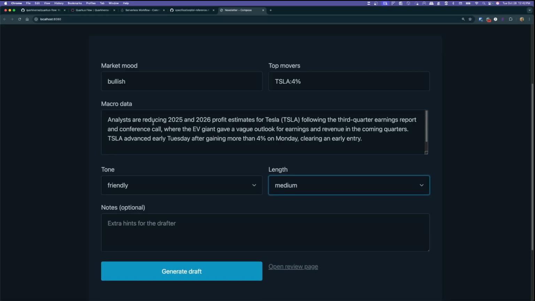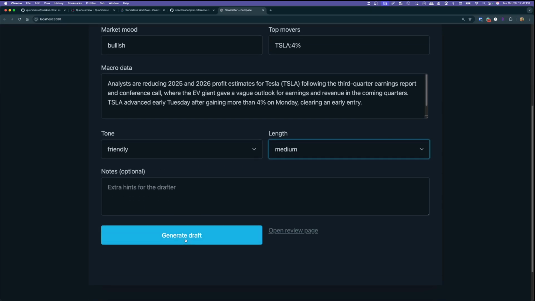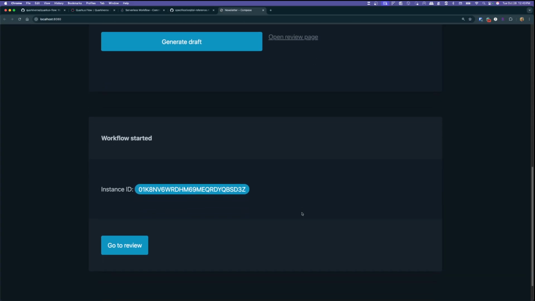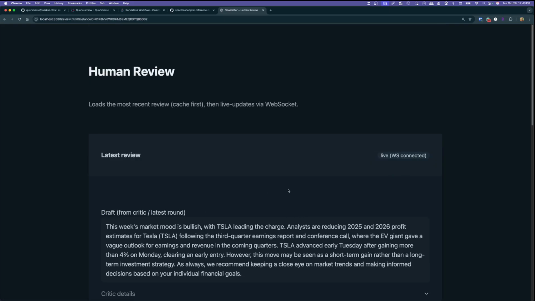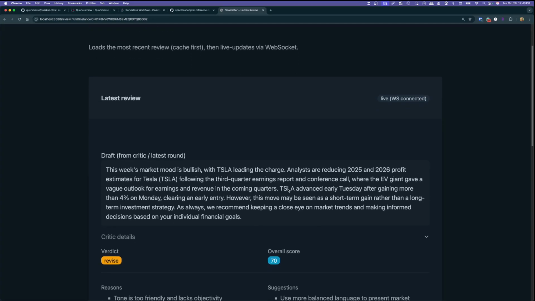So this is all the input that I'm providing to the draft agent. I'm setting up a few attributes here, giving context to it, and I'm going to go ahead and click on generate draft. What happens under the hood is that we are doing a REST call to the app, calling the workflow, and the workflow will interact with the agents via the Quarkus LangChain4j extension. And after that, after having the draft ready, I can go to my review, meaning that, so I